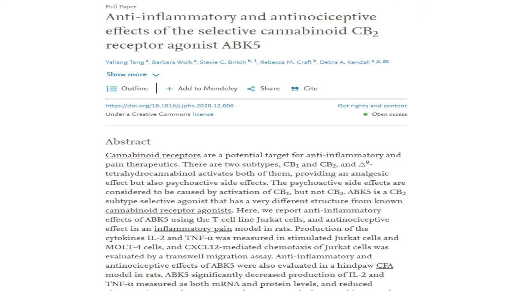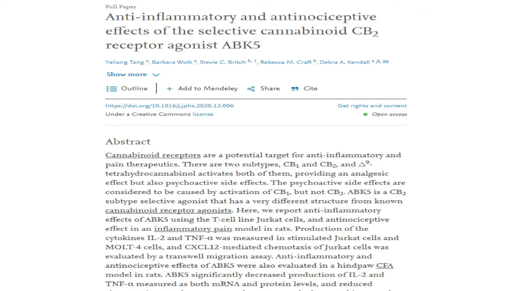In our next study, we have Dr. Ting and group, who demonstrated ABK5, which is a selective agonist that mimics THC on the CB2 receptor, to suppress inflammation. It did this by decreasing concentrations of interleukin 10. One thing to note, though: interleukin 10 is an anti-inflammatory cytokine. On the other hand, the study also pointed out that concentrations of interleukin 8 also increased. And interleukin 8, if any of you recall, is a pro-inflammatory cytokine.